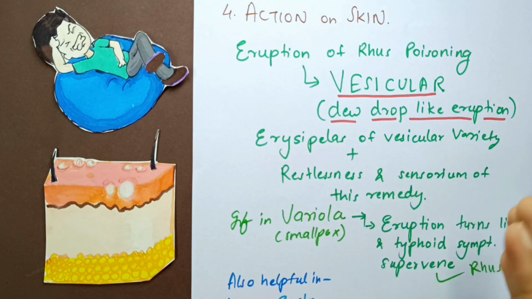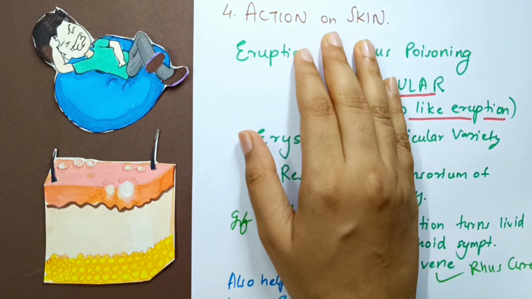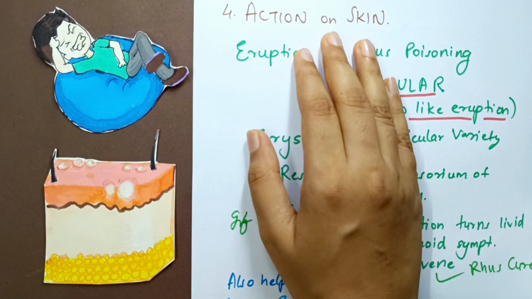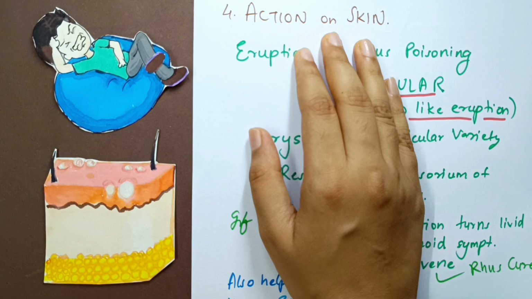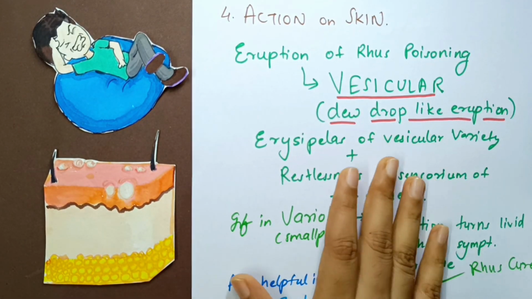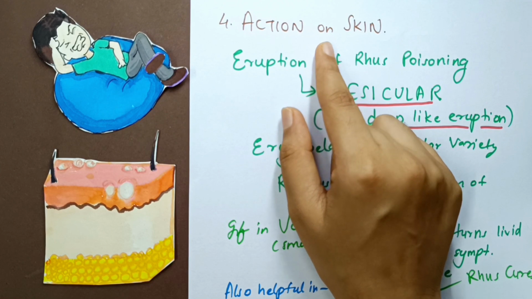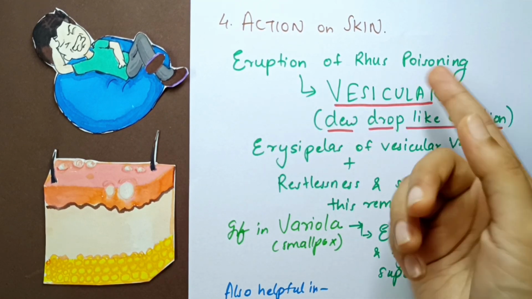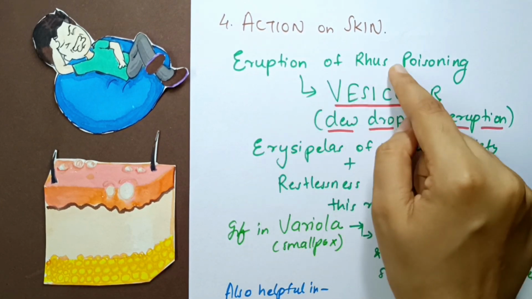Because it is like this in nature, obviously when we potentize this remedy, we're going to find its action on skin, because in nature also it has a toxic effect on the skin. So it will cure skin conditions, because that is what our law of similia means. So in action on skin, he also talks about the same thing, that there is poisoning, and there is eruption of this poisoning,